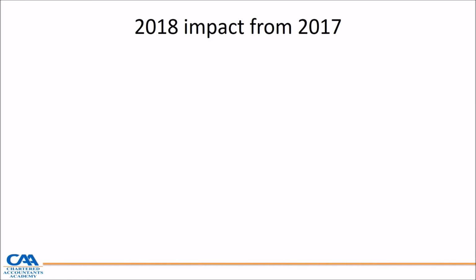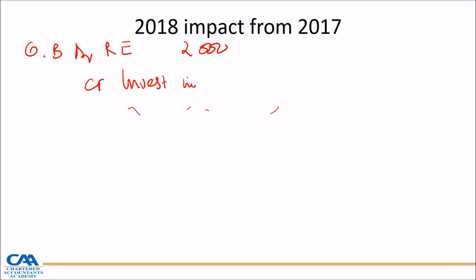So what are the journal entries which will be required in 2018? Obviously, we need to start with an opening balance. So those journal entries which we did in 2017 come as an opening balance. We reduced our retained earnings by 2,000, which was the 6,000 sales and 4,000 cost of sales, which gave a profit of 2,000, which went to retained earnings. When you get to 2018, all of the amount is now sitting in the retained earnings. So this would be my debit, and my credit would still be my investment in associate to the extent of